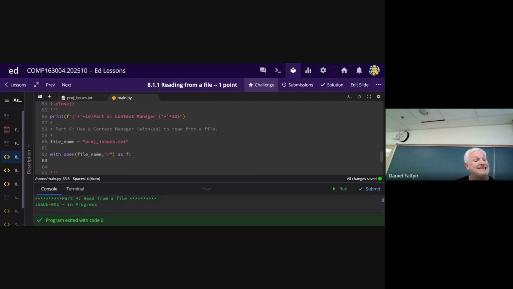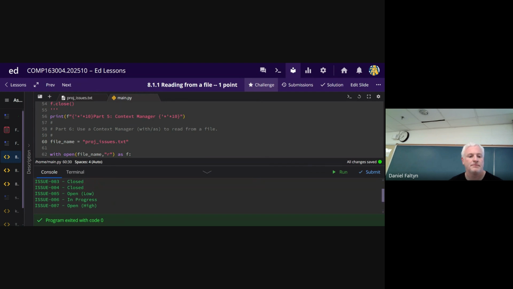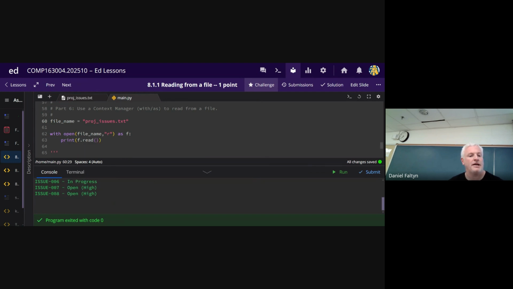Then I have to indent. Remember, I have to indent, right? And so then here I can say f.read, whatever I want. And again, I leave it to you as an exercise, there are other parameters here. How many bytes do you want to read? So here I want to read 10. Here I want to read 100, right? Sort of useful, not overly useful.